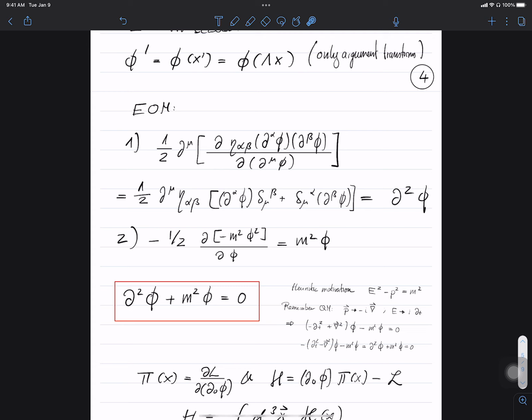So you get this term from that part, and from that part, this remains the same, and then you take derivatives of d alpha phi with respect to d mu phi, and you get this other Kronecker delta. Then we are left with this eta alpha beta here in front, and have to do the contraction with respect to the outer external derivative mu here. Well, we just noticed that by combining the indices, we actually get twice the same. Here we take a derivative of the field and contract it with the extra index mu on the outside here, because